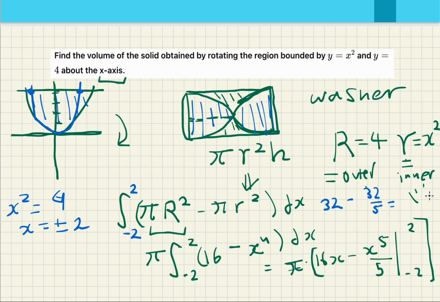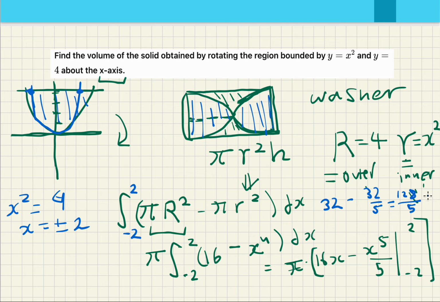And so this is equal to 128 over 5, right? So 128 over 5